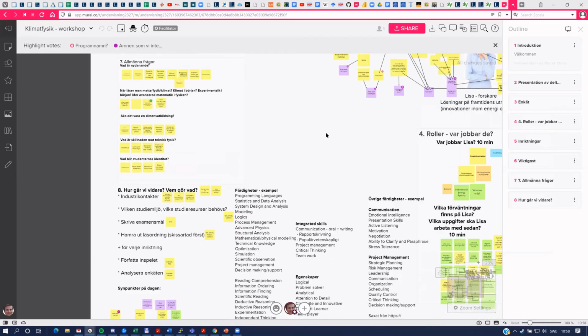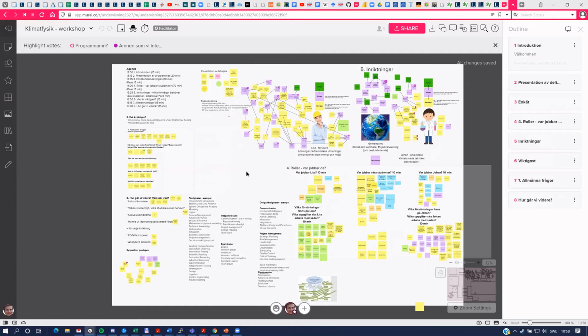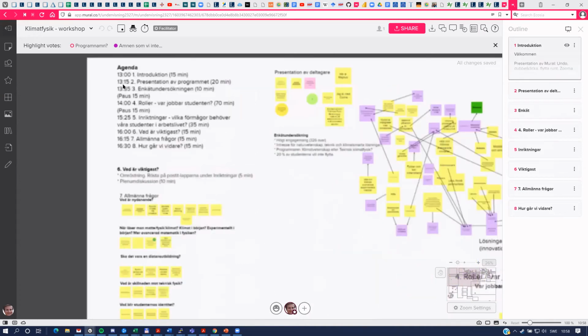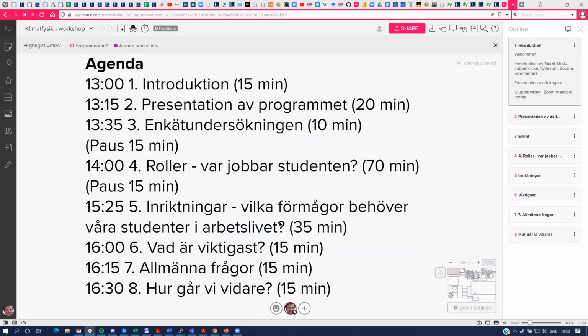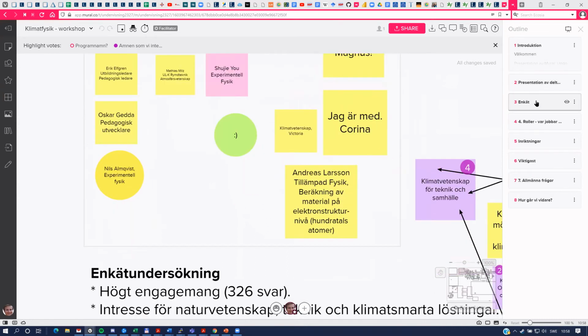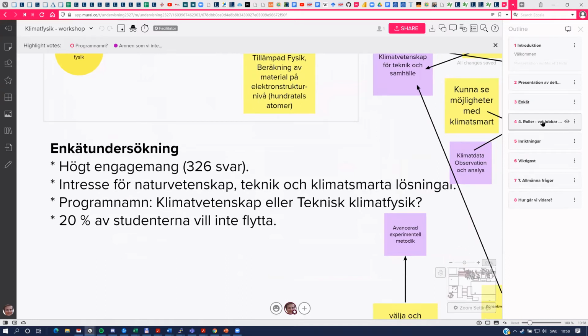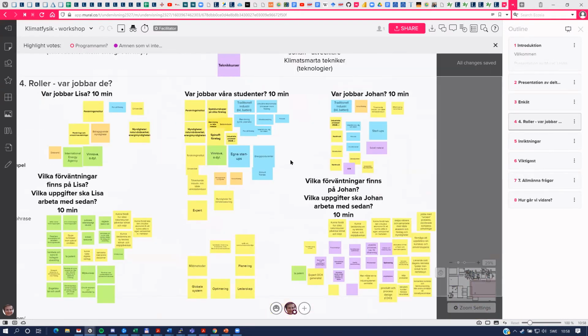So I will start by showing how this can be used. This is a workshop that we did on developing a new educational program, and as we can see, you can have an outline to the right of the screen. So we start with the introduction. Here we have the agenda. This is in Swedish, but no matter. And then we go on to the presentation of the different participants. We had an inquiry discussing that, and then we talked a little bit about the different roles that we wanted to see for the students,